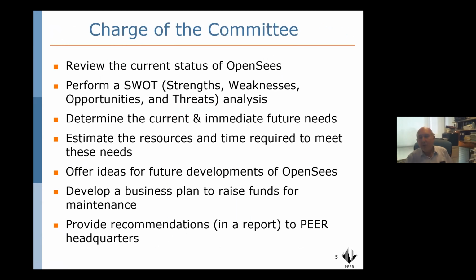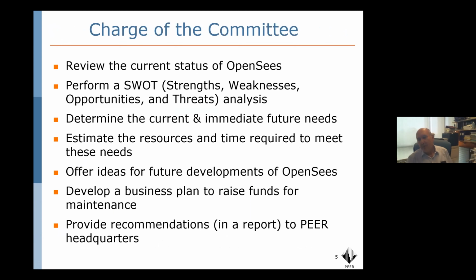So the charge of the committee that we received from the peer headquarters is just here. Review the current status of OpenSees, perform a SWOT analysis, determine the current and immediate future needs, the resources and time required to meet these needs, offer ideas for future development of OpenSees, and develop a business plan to raise funds for maintenance, and then provide recommendations in a report to peer.